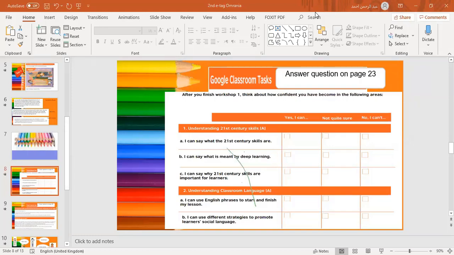Number one, in understanding 21st century skills, was A: I can say what the 21st century skills are. We have already spoken about them last time, so you can say what they are. If you don't remember them, you can choose not quite sure and so on. That was the task. Now we can